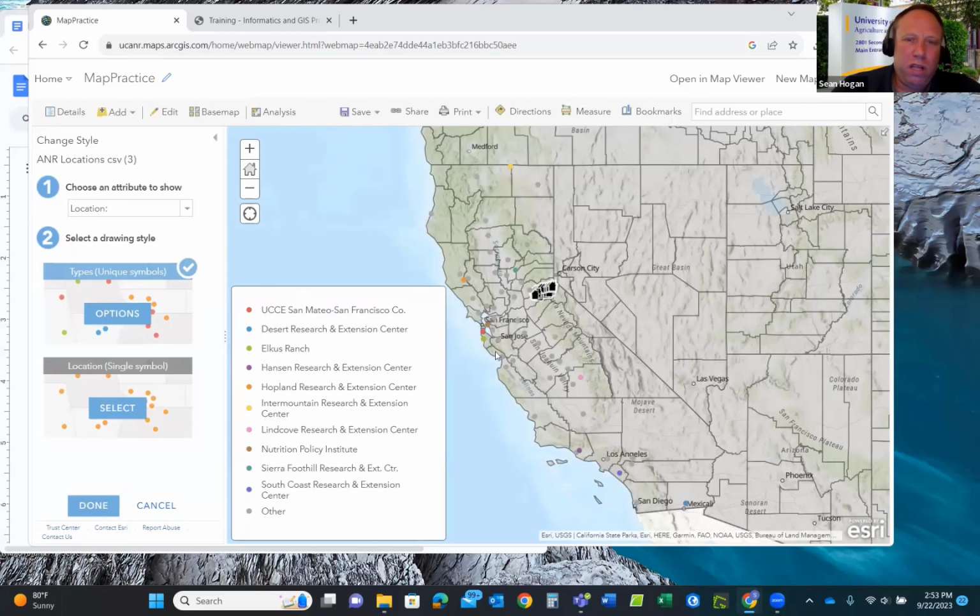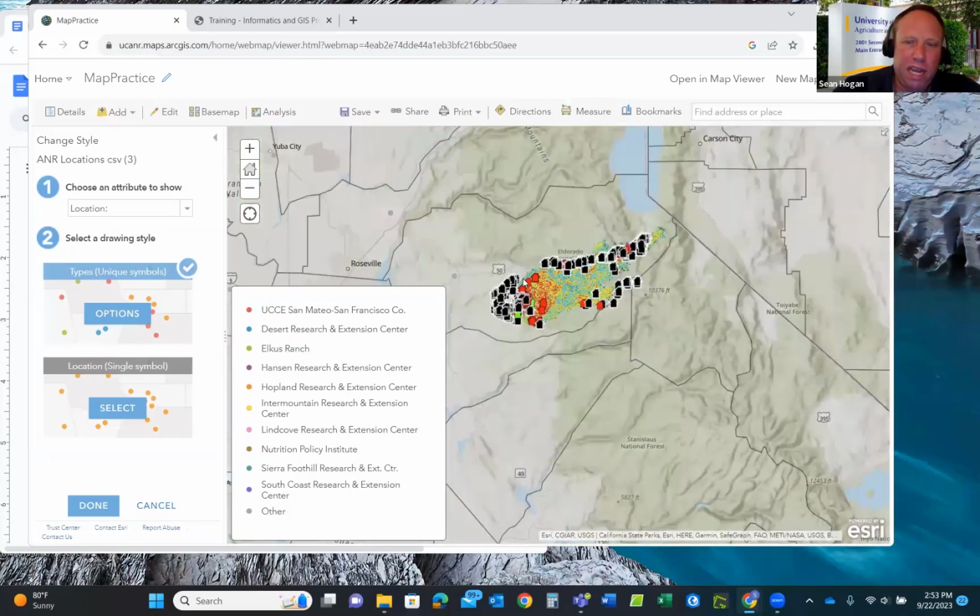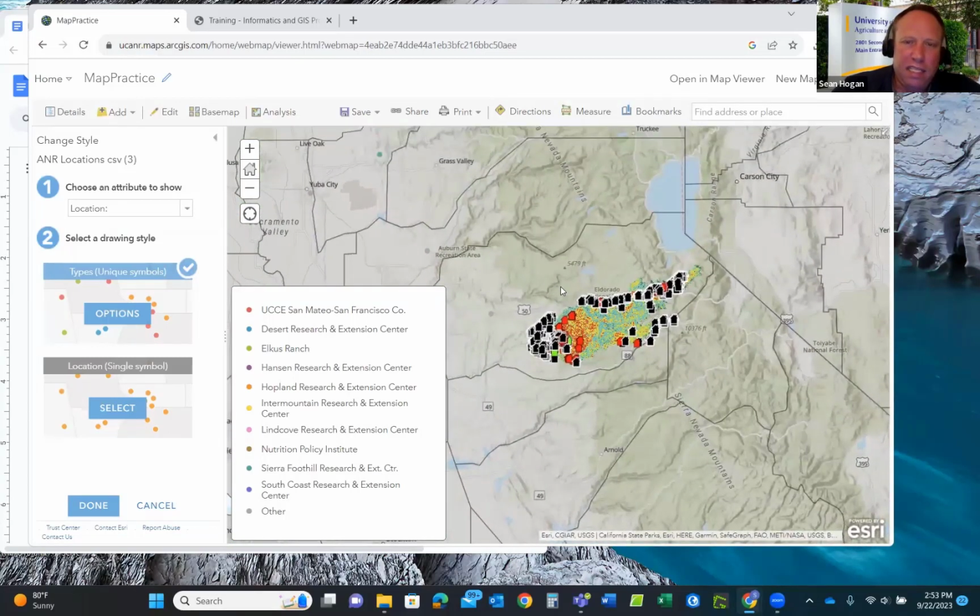We can see that there's a whole bunch of these little grayed other sites, and we're going to zoom in, and that is not very useful, knowing that that cooperative extension office right here in Placerville is just a little teeny gray spot. So let's do something about that symbology right now while we're here, instead of having to come back to this. And the way we do that is we're going to go over and choose the attribute to show, and we're going to say